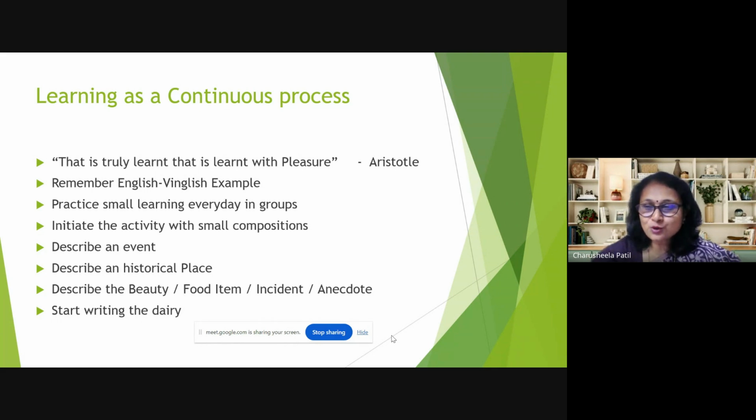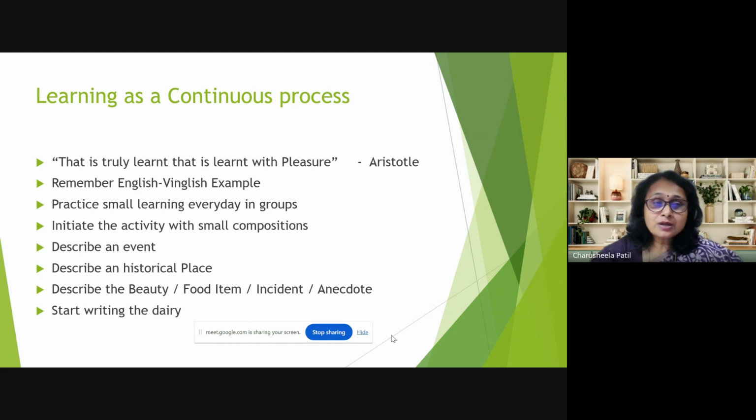Now, as I said, I was talking about willingness and interest. In that movie also, though she was not able to speak, it was her desire to speak. So there should be desire to write, desire to express through writing. That will make you speak or write in English as such.